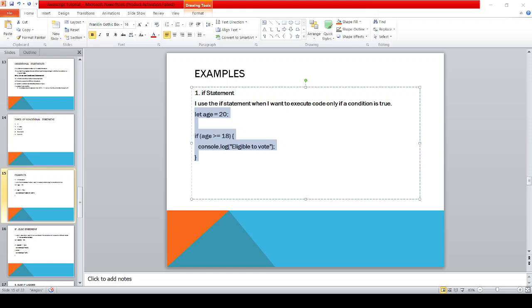Okay, then it will become true. If it becomes true, it will enter this brace. So what do we call this? From the starting of the brace to the ending of the brace, we will call it a block. Once the condition becomes true, it will enter the block